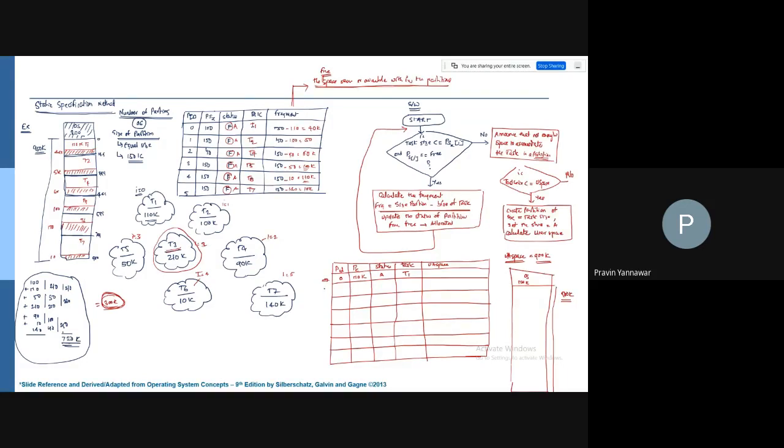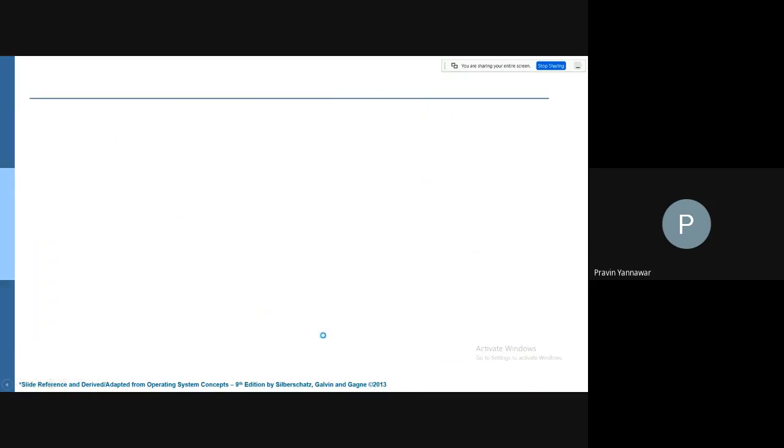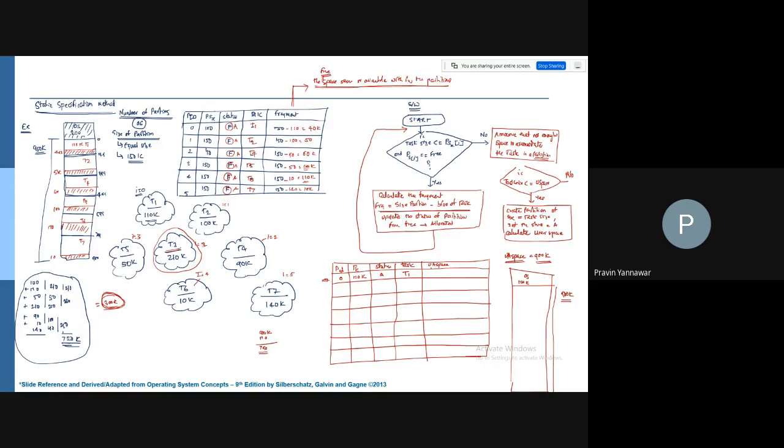Simple case: this is 900k minus 110, so 790k free. For the next task, the space available is 790k. Okay, so let's go with the second partition.